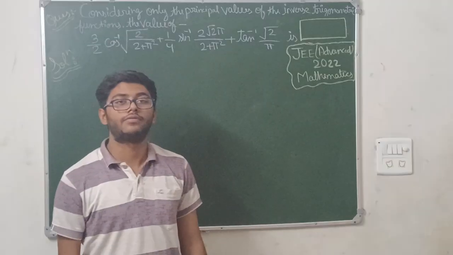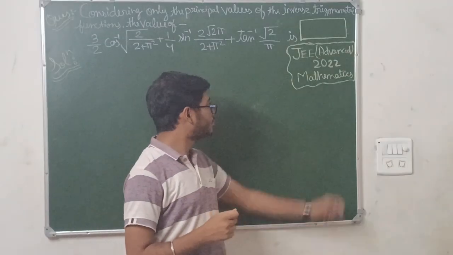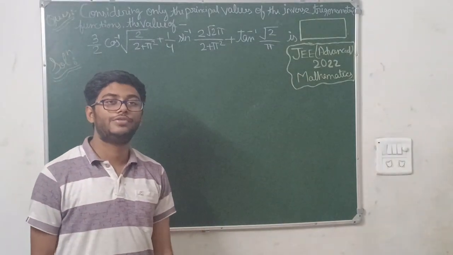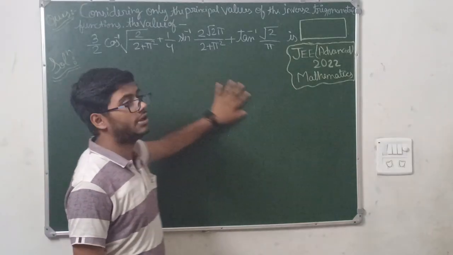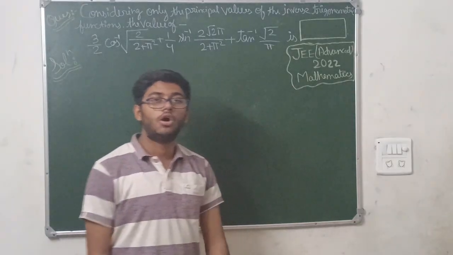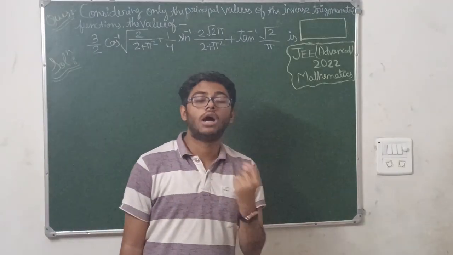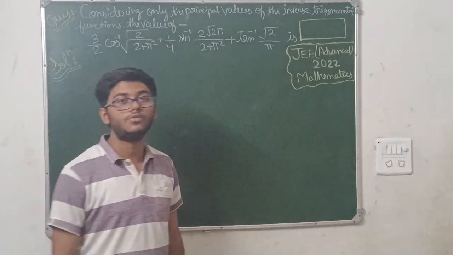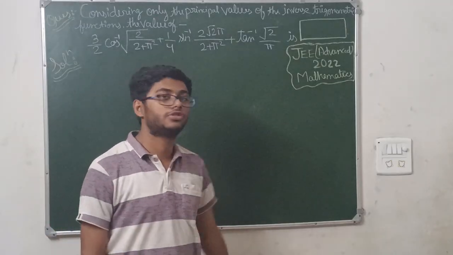Today I am back with another tougher question of JEE Advanced. This question is from the JEE Advanced 2022 paper. According to the official data of JEE Advanced 2022, this mathematics question was left by the maximum number of students, or had the highest wrong ratio, the highest wrong percentage in the whole paper. The question is from the chapter inverse trigonometric functions.